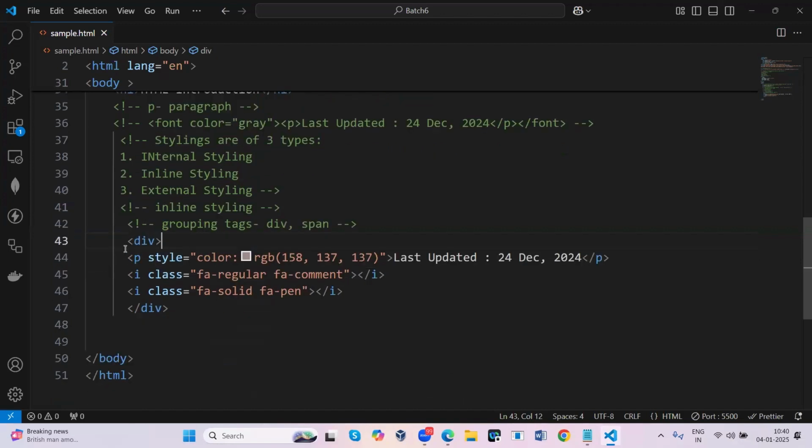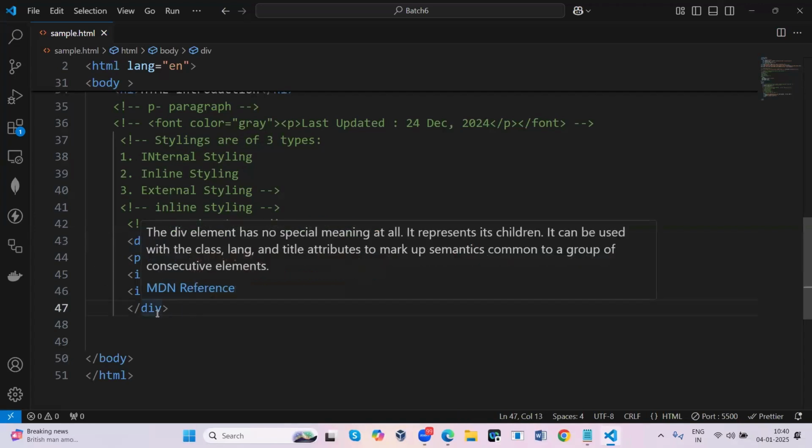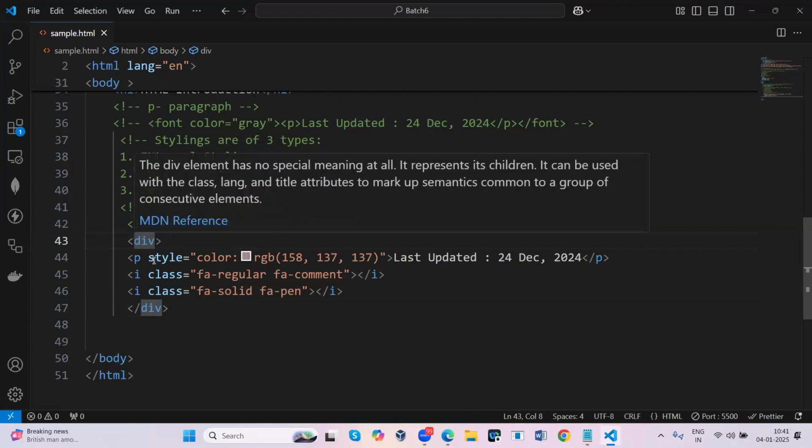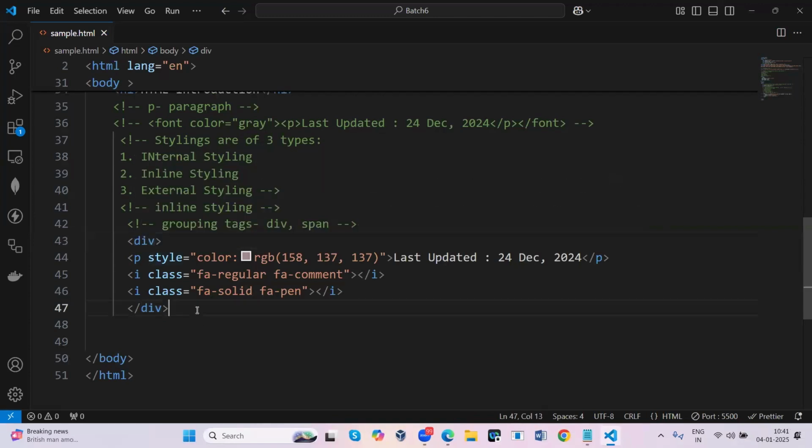So now I'm going to give some identity. As of now, we are having only a single div tag, so when you have a single div tag, no issues. But in your document there might be multiple div tags. If you have done the styling with the help of this tag, then for every such tag, that style will be affected.